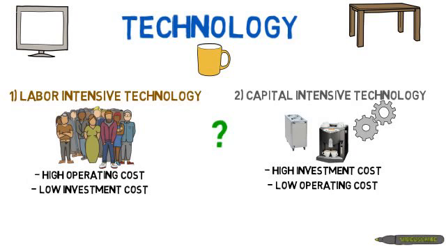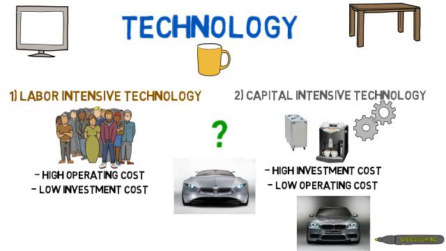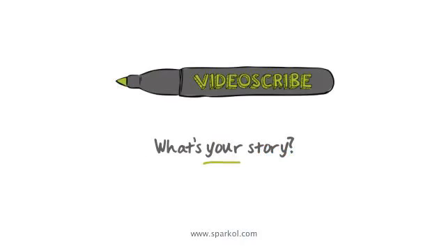Second thing that we would like to highlight is that you do not need to copy other coffee shops just because they are in the same industry as you are. For example, BMW and Rolls-Royce are both in the same industry, producing high-end quality cars. However, they are using totally opposite types of technology. BMW is using the capital-intensive technology and relies mostly on the machines and equipment to produce their cars, while Rolls-Royce is using the labor-intensive technology to produce their cars. So, again, what type of technology do you think your coffee shop